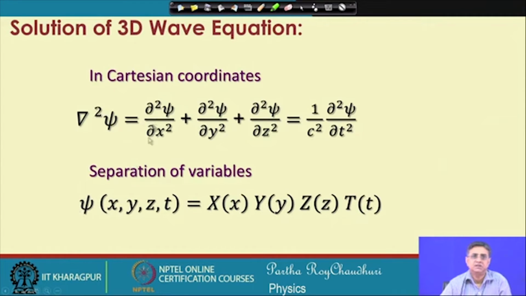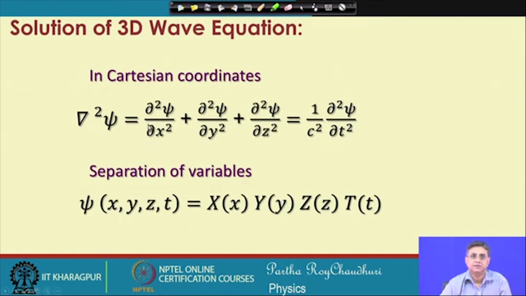So, expressing this psi, which is a function of x, y, z and t, for this case, we can write psi of x, y, z and t as X of x, Y of y, Z of z and T of t, because these are the four independent variables associated with this equation. Now, if I substitute psi by this X, Y, Z and T,